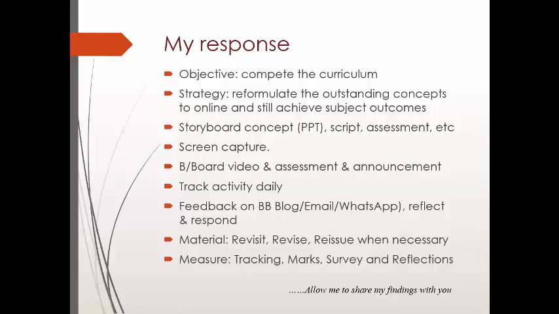Typically I would then upload this video to Blackboard. I would draft the assessment in Blackboard and then I'd release an announcement to the students. And my expectation was that I was going to track the activity and interact with them. However, the reality was that there were data restrictions for many of the students in that they simply couldn't afford to log on. And some of them were challenged with access to computers. So this was communicated to me, and I just